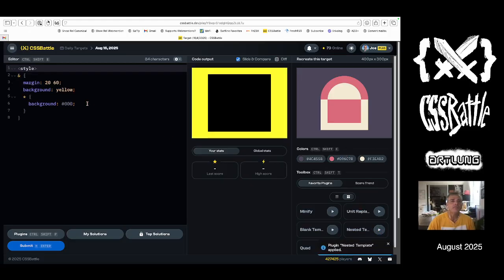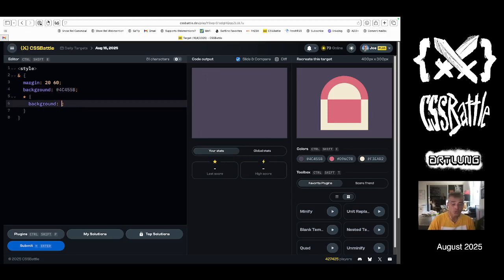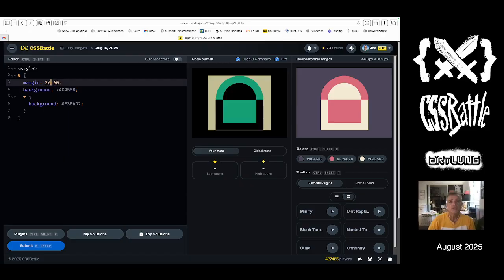Let's go nested template, and we're going to start with that. And then do, I think it's 2 gradients. So the first is a radial gradient. Well, let's get specific. We're gonna put that color on it and then narrow this down. Wow, skipping the steps. 55. Okay, and then